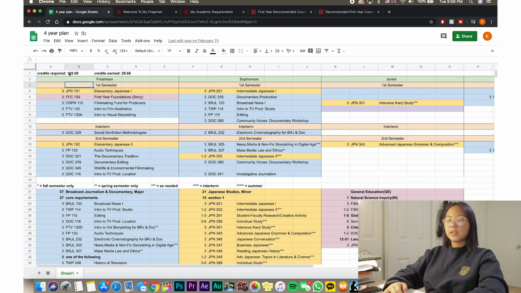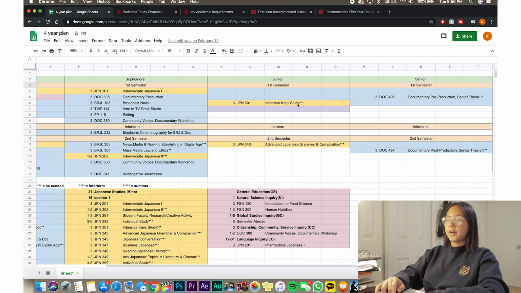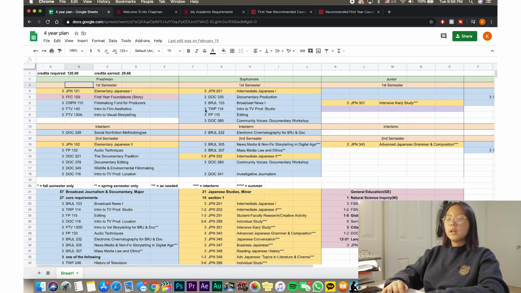This is just to keep track of how many credits I need to earn in order to graduate and how many credits I have earned so far. This has come in very handy so that I know how much I need to fulfill. If I can take fewer classes later on, it's helpful to know how many credits I need to do. It's nice to have it there so that when you're looking at the other courses, you can refer to that.